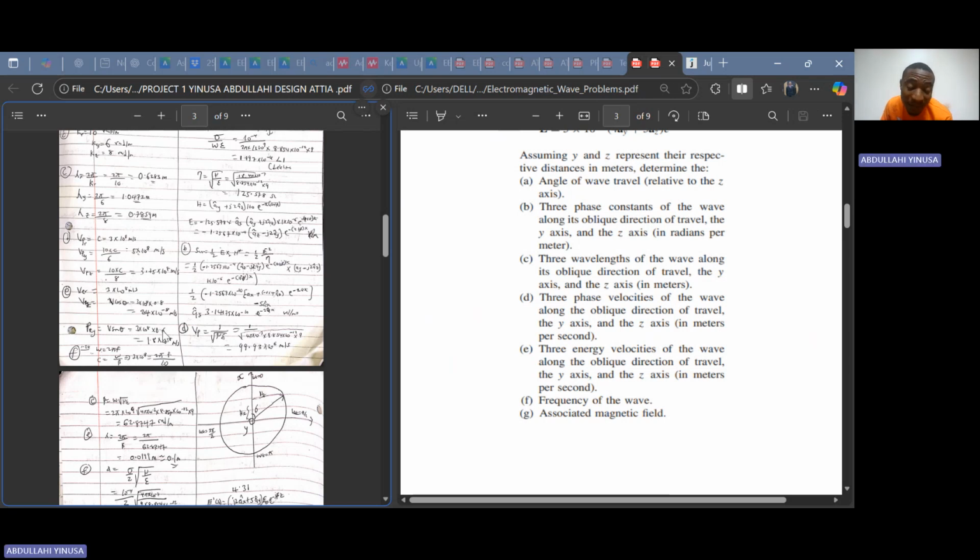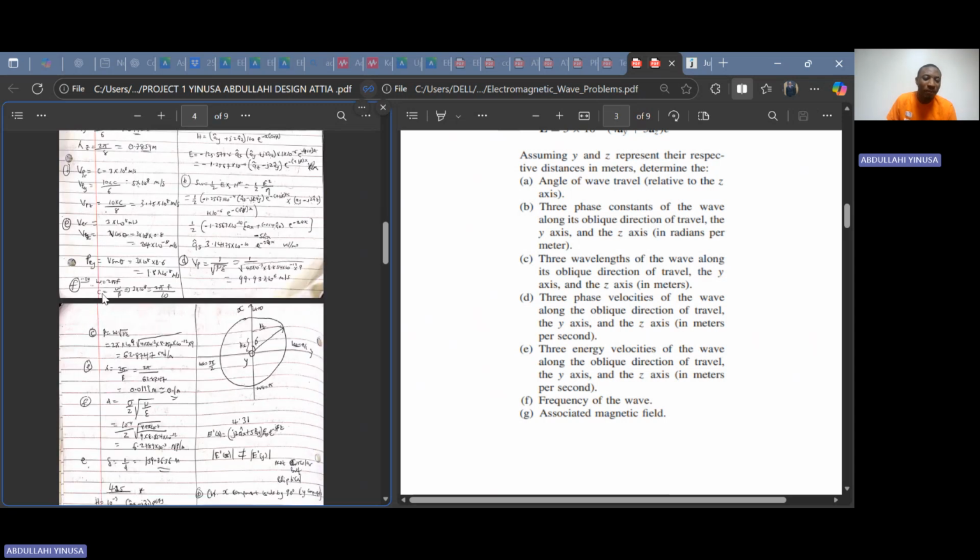Rather, that is 8 divided by 10. I said we will interchange 10 to say in phase velocity and the energy velocity. Now, the next one is f, which is the frequency. I said omega is equals to what? 2 pi f. And then when you make f the formula subject, I'm going to calculate our omega, and then the